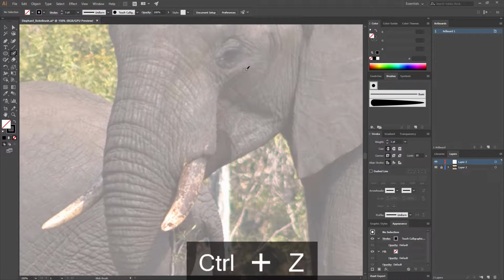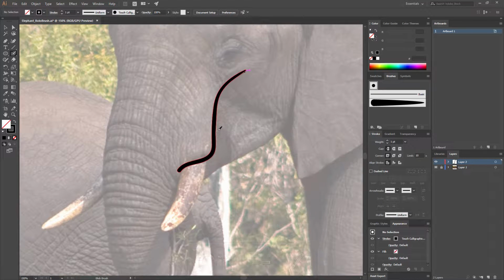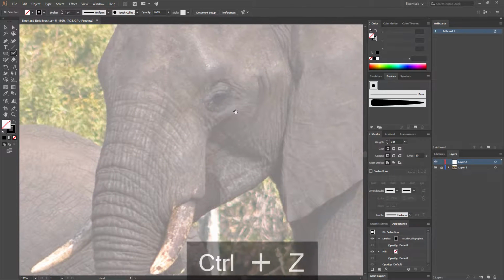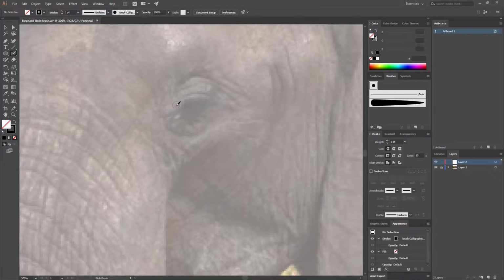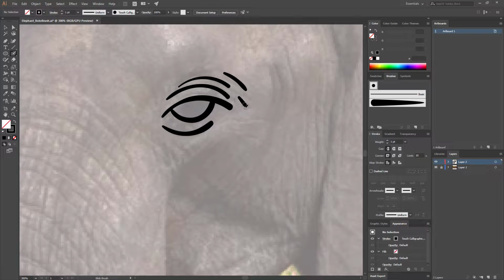You can try to play a little bit with this until you get the hang of what you want to do. For example, here I'm going to begin with the eye. I'm going to make the brush smaller again by pressing the open bracket, and then I'm going to make a line here on top of the eye, then create the eye, then make another one. This is just how you're going to begin creating your shapes